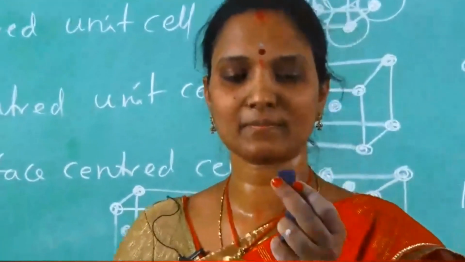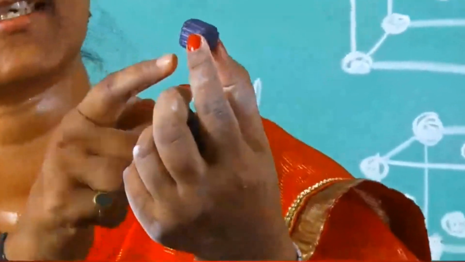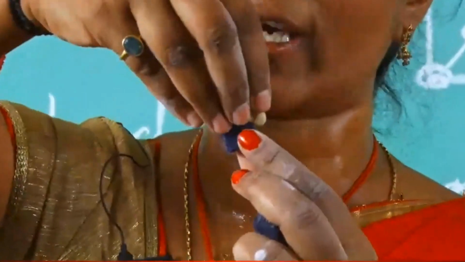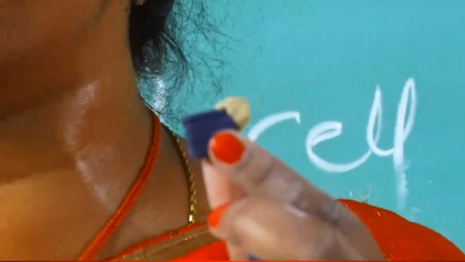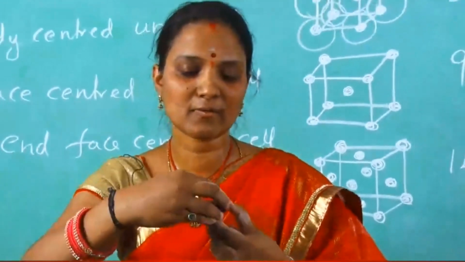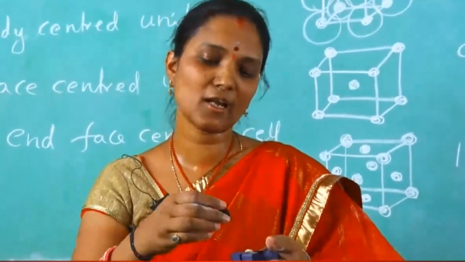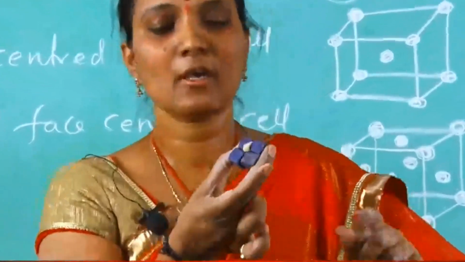Now see this. This is the cube. This is the corner. Are corners visible or not? 1, 2, 3, 4, 5, 6, 7, 8 corners are there. Try to understand this corner, then you can solve all the problems related to this. At this position, I place one particle. That is the corner position. Like this, many unit cells in 3-dimensional order. This side one unit cell is there. This side also one unit cell is there. And this side also one unit cell is there. Now see this one. How many are sharing? 4. In that, the laddu is half completed.